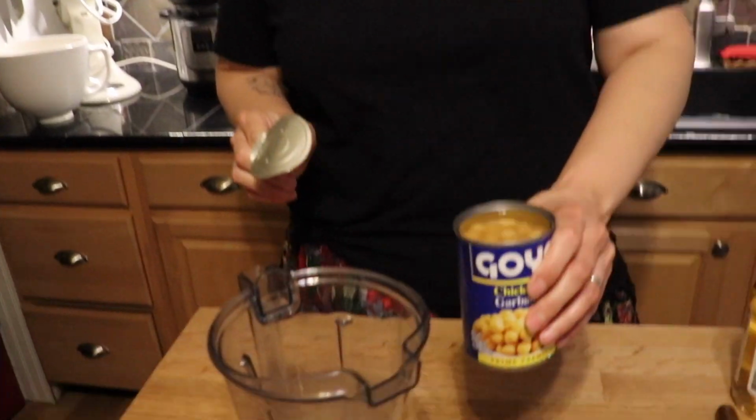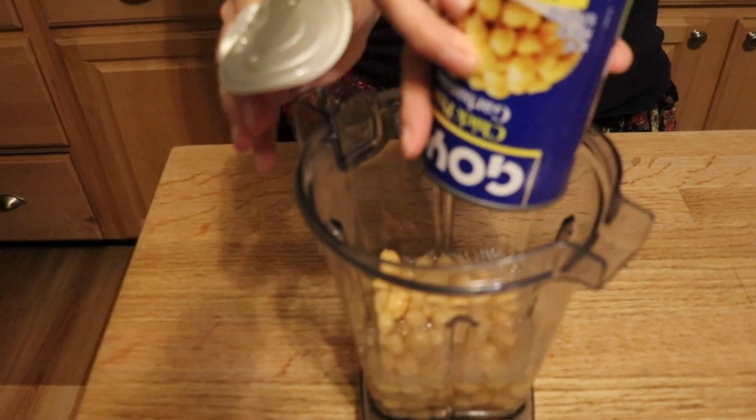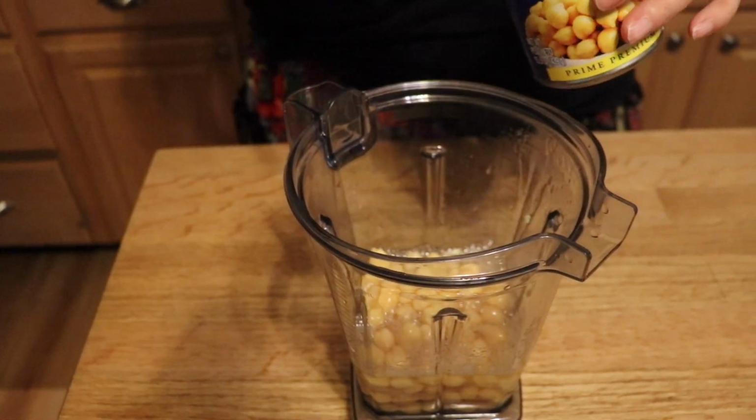First ingredient, 1 can of chickpeas. And I mean the whole can. Not the metal part, obviously, but all of the insides. Usually you would just drain that. Nope, you dump the whole thing in there. Second ingredient,